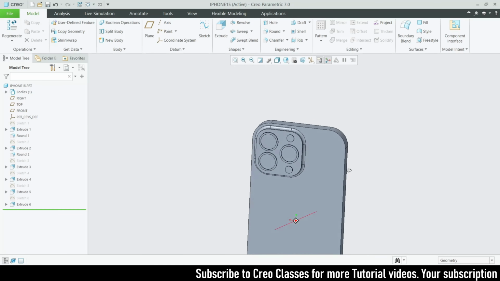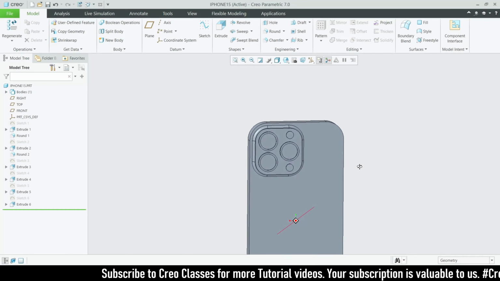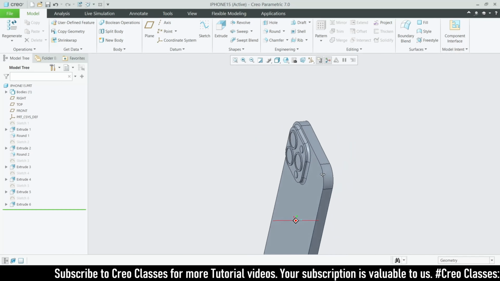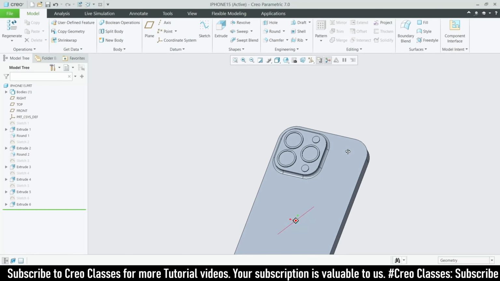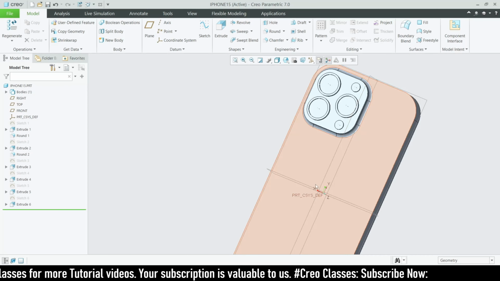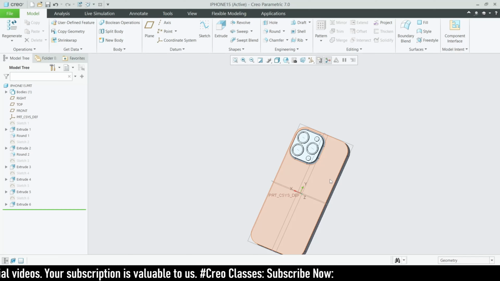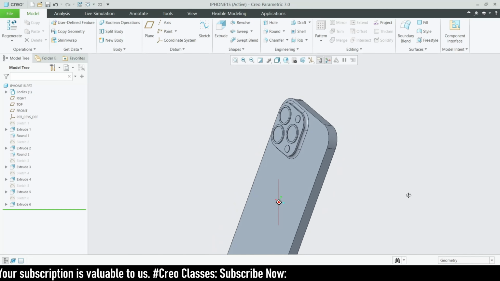So now we have completed all our parts on the back side. I think we have covered this, and what else do we need to add on the back side as a logo? We will convert the logo here after some time. So before that,